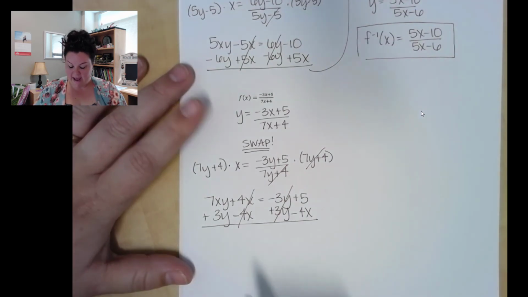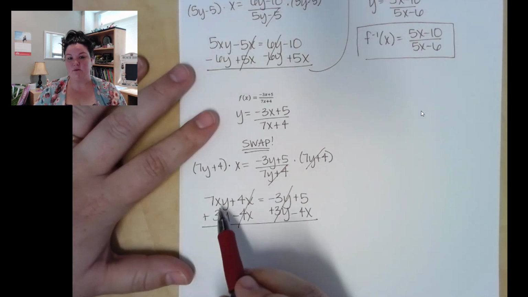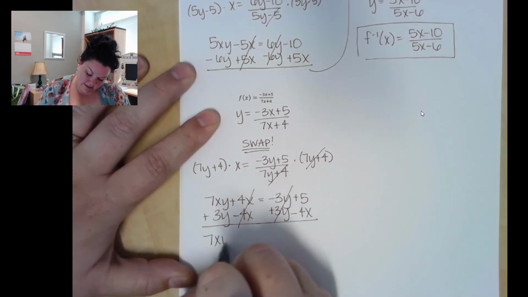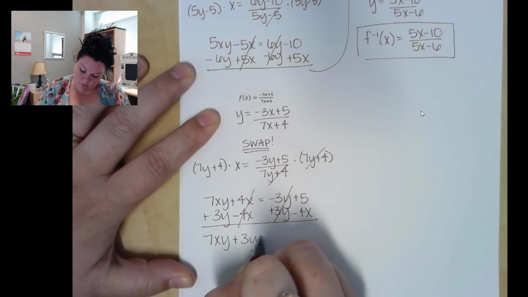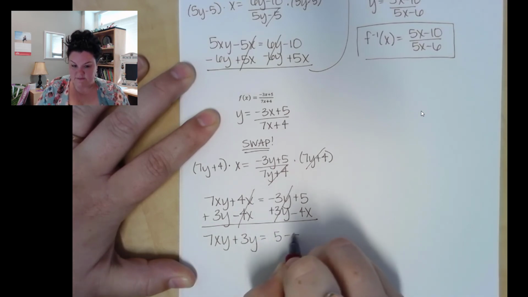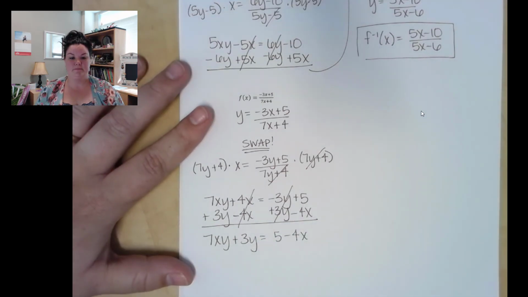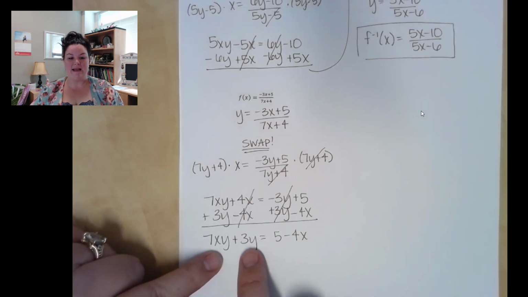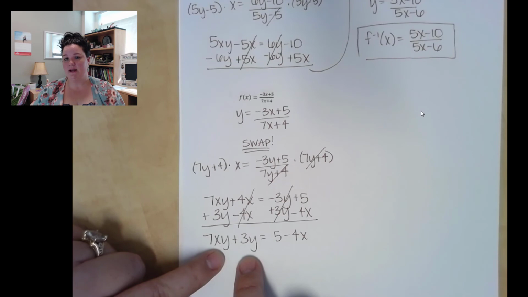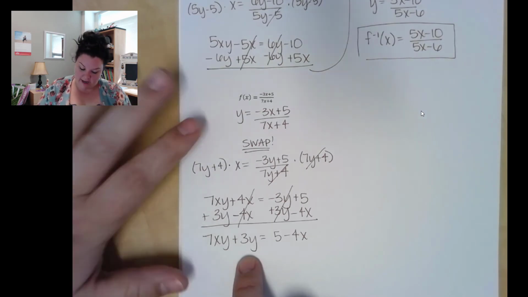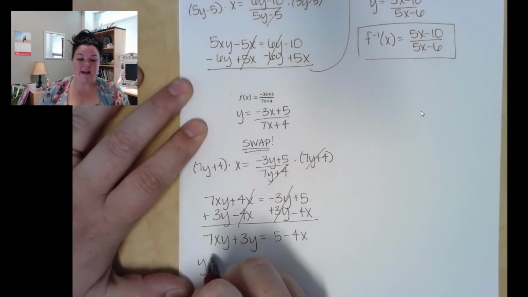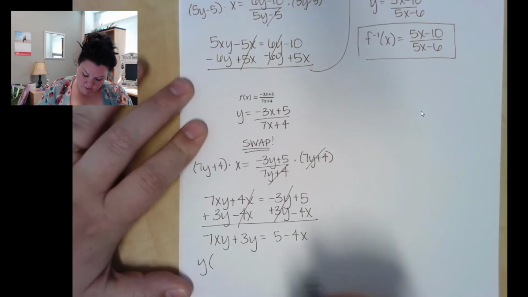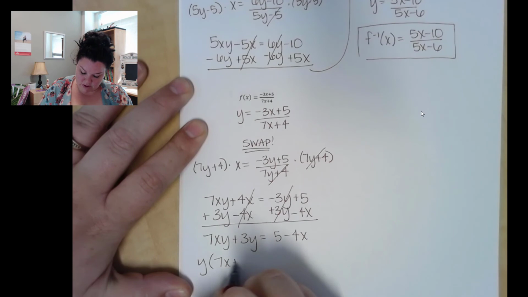Now I can't combine these as they're written because one has an x and one doesn't. So I'm just going to write them side by side. 7xy plus 3y equals 5 minus 4x. Now I should be able to get y by itself because I have a y in both of these terms. And even though I can't add these terms together, I can use factoring to pull out that y as a greatest common factor, which is going to leave me with 7x plus 3